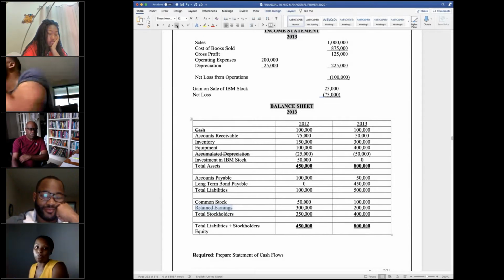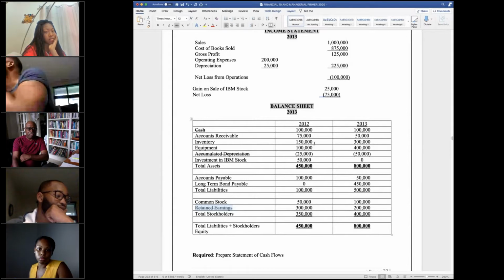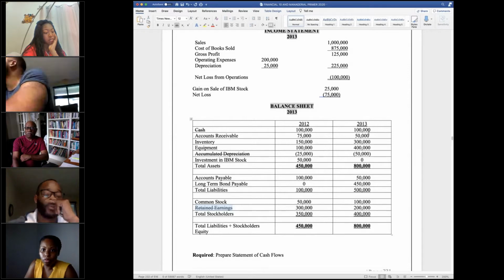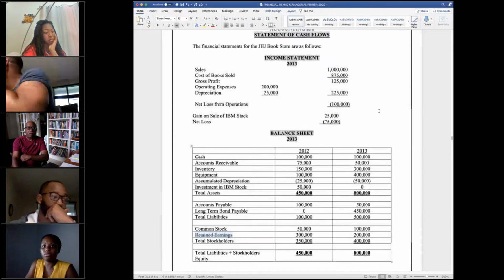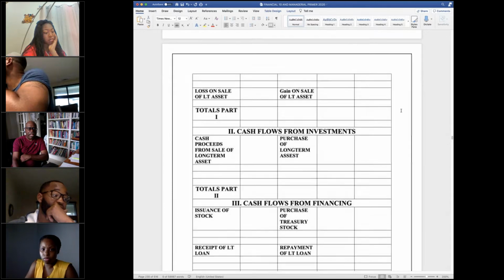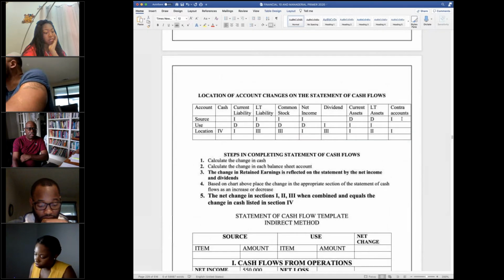Okay. So now all we're going to do is go account by account. What did accounts receivable do? It went down, right? And so that becomes a source of cash. Whenever the asset goes down,